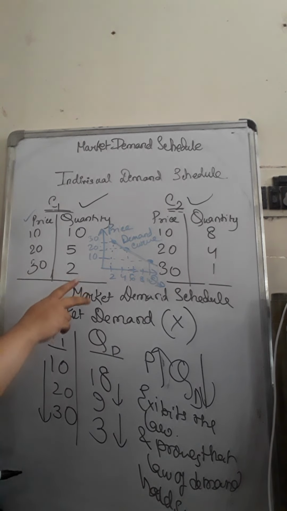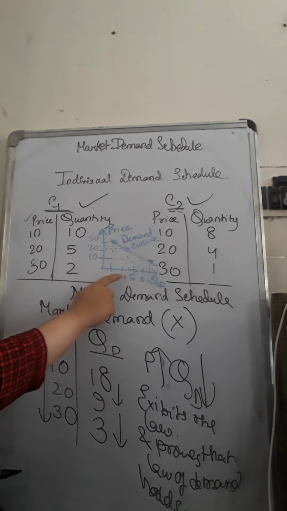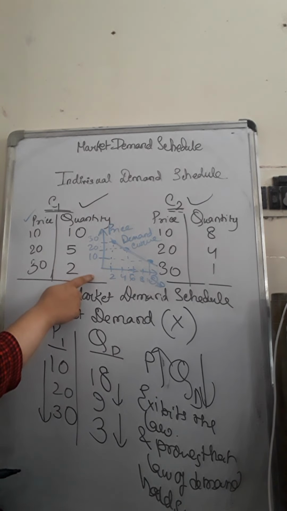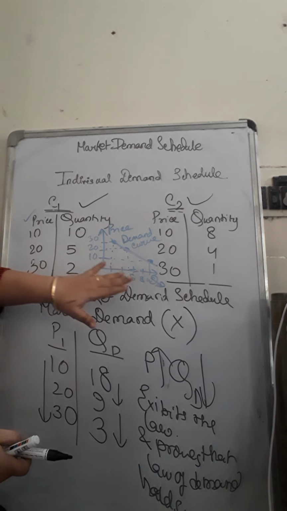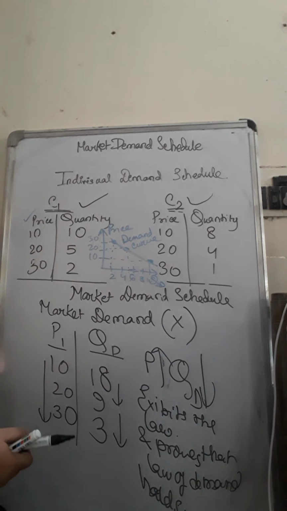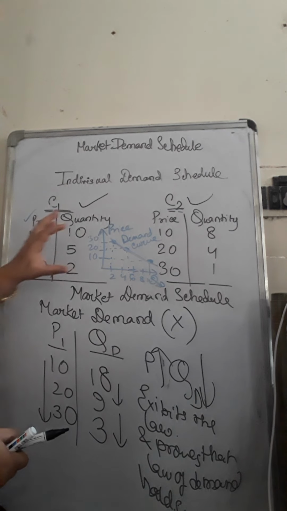And how did we get these values, the quantity demanded and the different prices that helped to generate all these points? We got the different prices and the combinations of quantity demanded from the tabular representation, the various prices and the respective quantity demanded. That only helped, and we utilized that in drawing the individual demand curve.